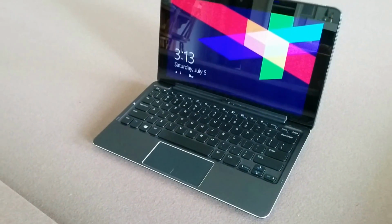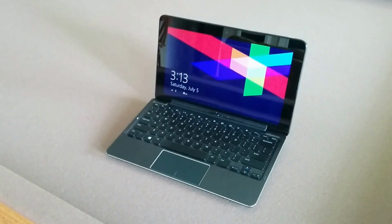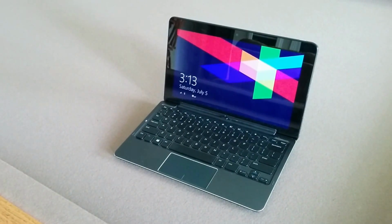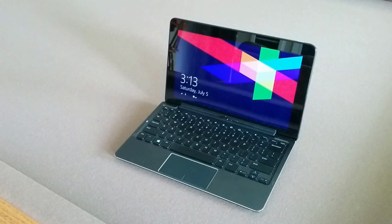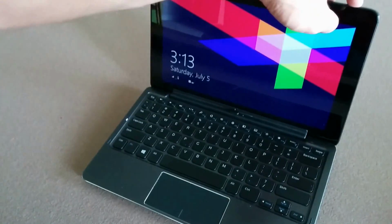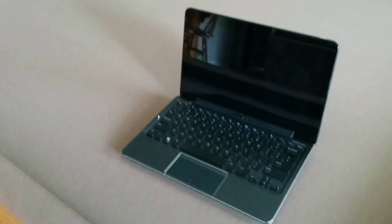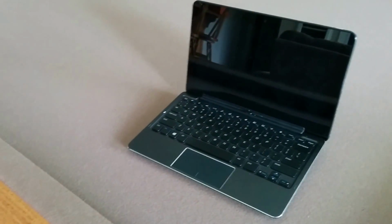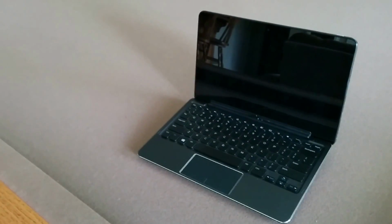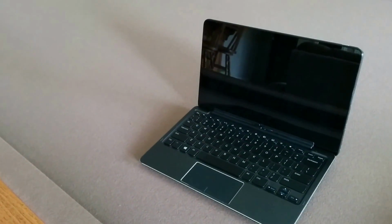They didn't use an existing technology, which is more or less established and functional. They went with a third party who has new technology which needs to be developed. I'm sure the next generation version will be spot on perfect, but it just can't compete with the Wacom tablets and the Wacom pens and digitizers, or what Microsoft is doing with their Surface 3, which has class leading digitizers and stuff like that. So I can't say I'd buy it again, but it's not for any problem per se